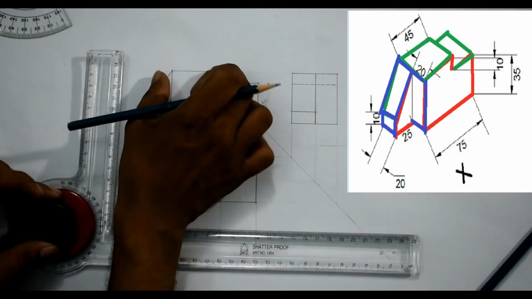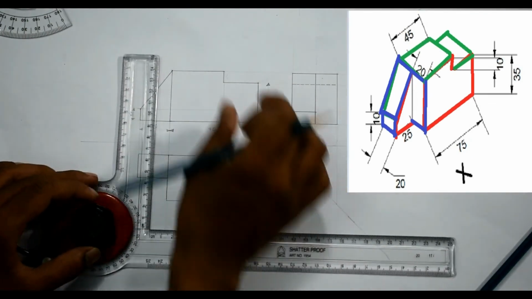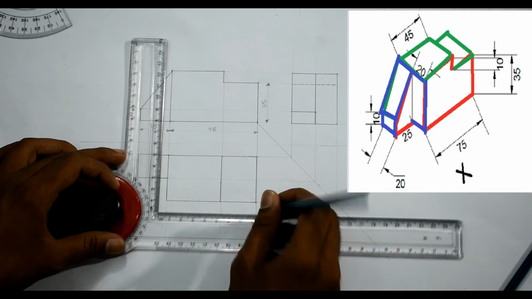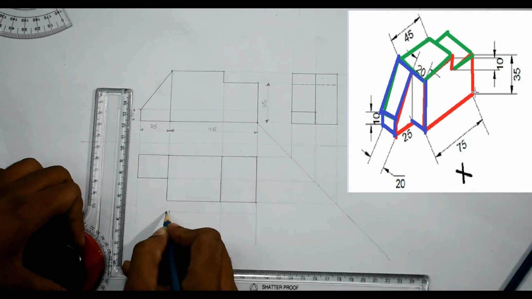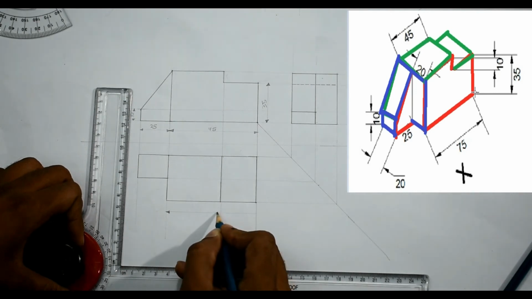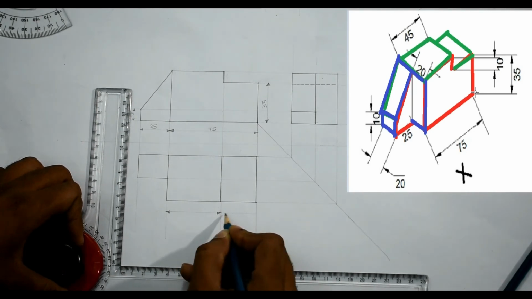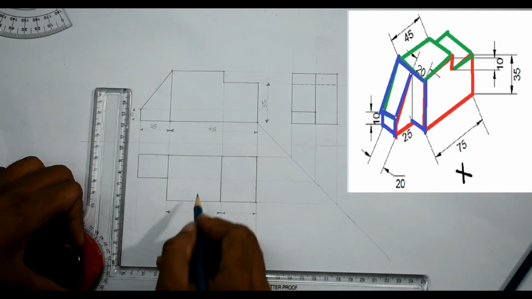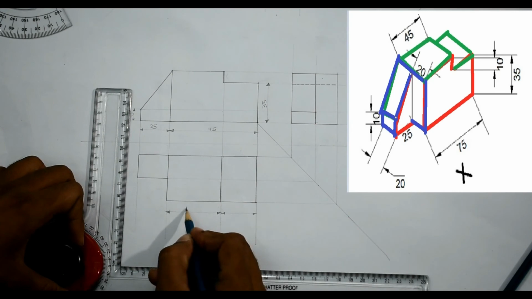One more thing, these dimensions I have not mentioned yet, so I will mention them in the top view. This is 45.